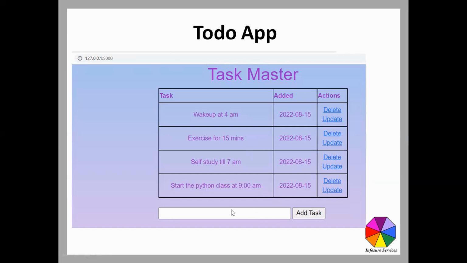Okay, when I add a task, let's say there were 3 initially: wake up at 4 a.m., exercise, and self-study till 7, something like that. And then let's say the 4th task was added newly. Click on add task. The task gets added to my database of list of tasks, and that's the post operation. When you post it to the database, then you redirect back to the home page